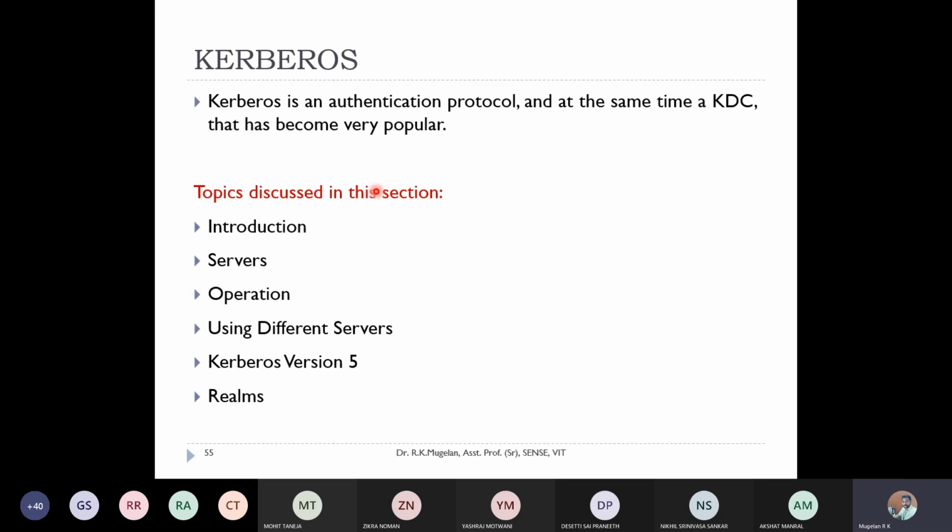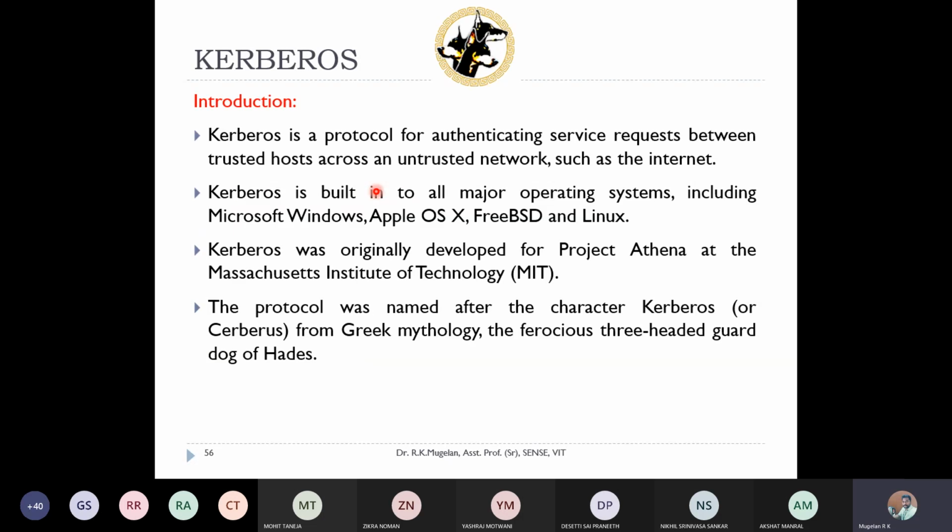Next, we move on to a protocol called Kerberos, one of the famous authentication protocols, which is also still in use. Kerberos is nothing but an authentication service based protocol, especially for hosts involved in an untrusted network, like the internet.